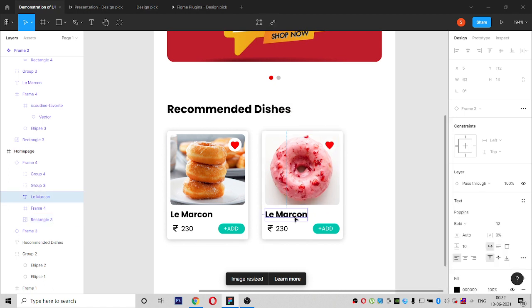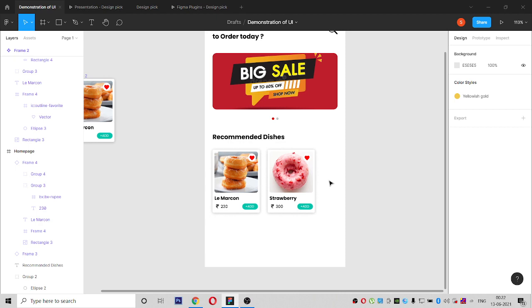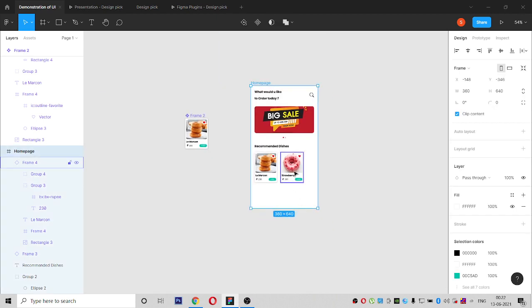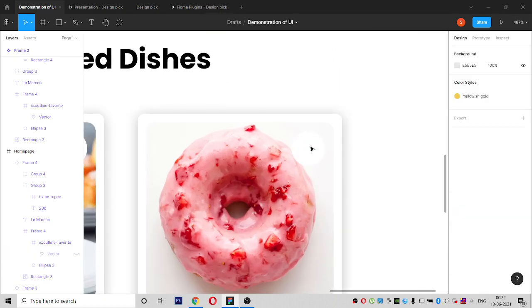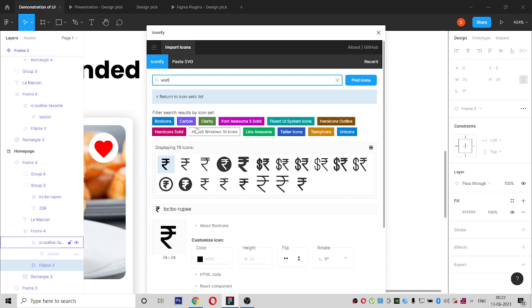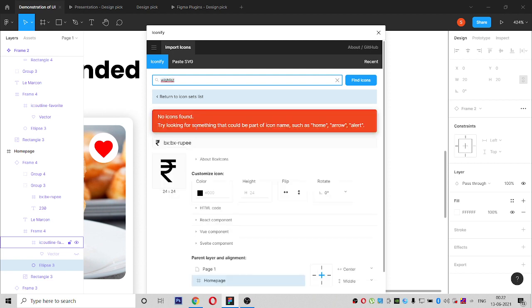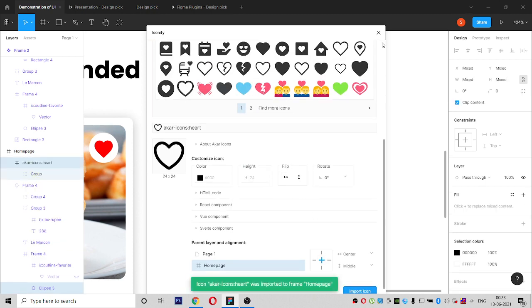Now this is a strawberry donut. And this price is more than the other product, so we can change it. It is not a wish list here, so we can keep this icon there.